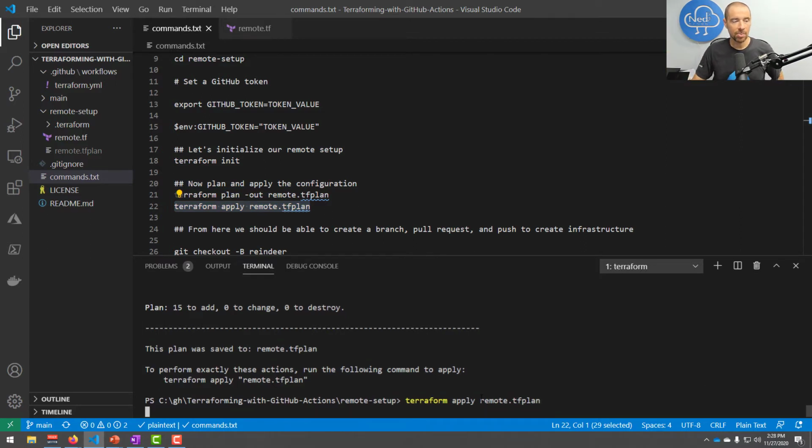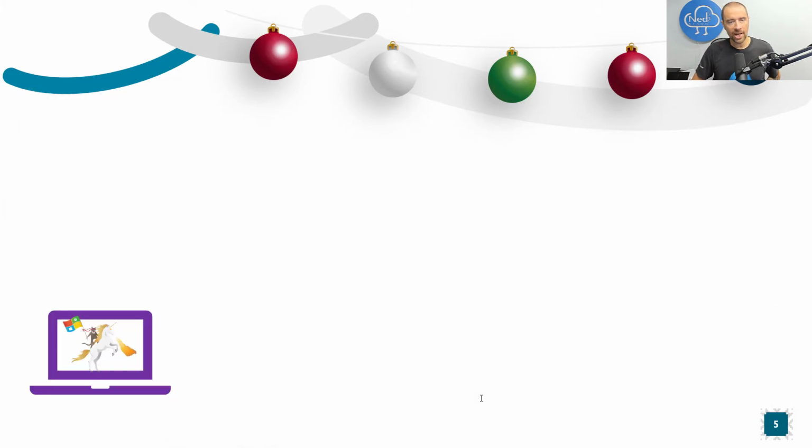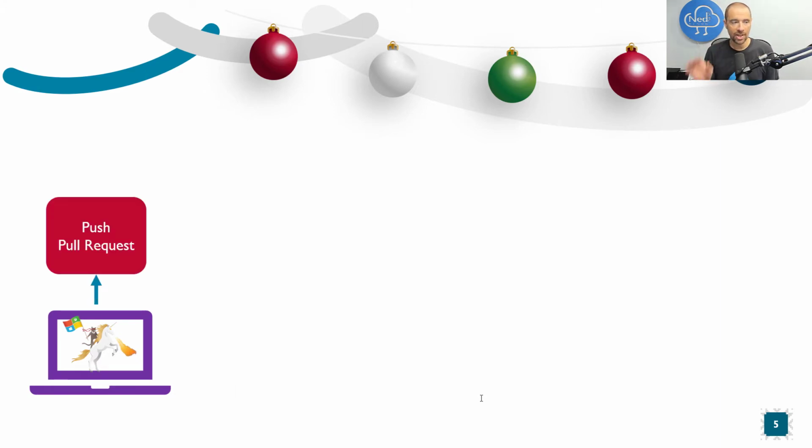And while that is applying in the background, let's go ahead and talk about what is going to happen in our GitHub workflow. All right, back to the presentation. What are we actually trying to do in our GitHub workflow, in our GitHub actions that we're defining? Well, basically, we want to look for two events that could happen when you're working with this repository. And those events are a push to the remote repository, the GitHub repository, or a pull request that's been generated